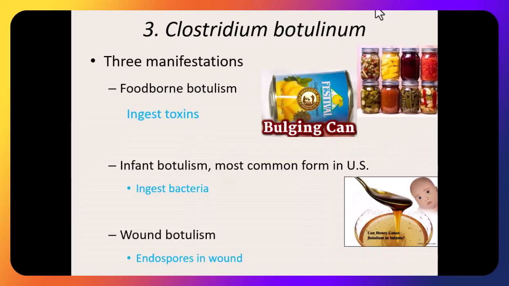Now, there's 3 ways that we can get this particular bacteria. Again, they eventually can all cause the same outcome. We can eat the toxin, so you're eating food that has the toxin in it. Again, you could cook your food properly and kill the bacteria, but the toxin may still be present. You can ingest the bacteria,